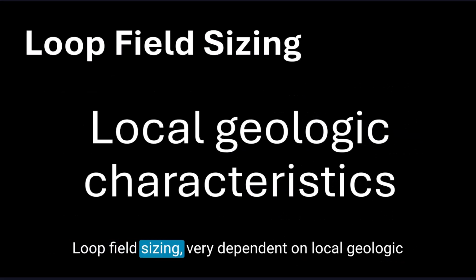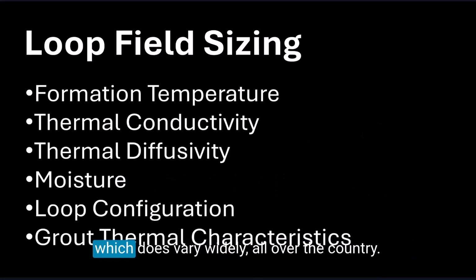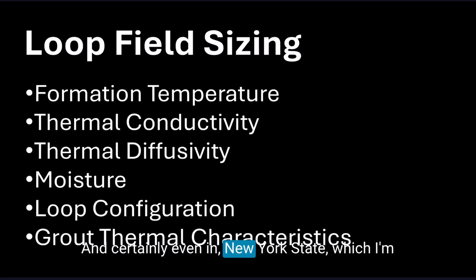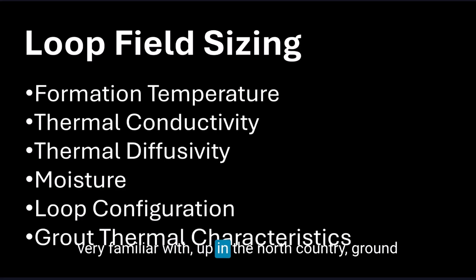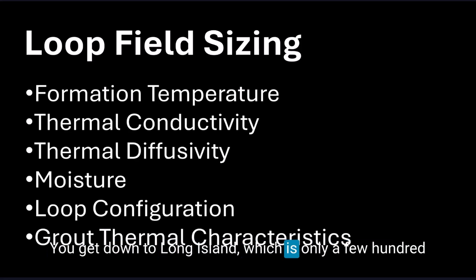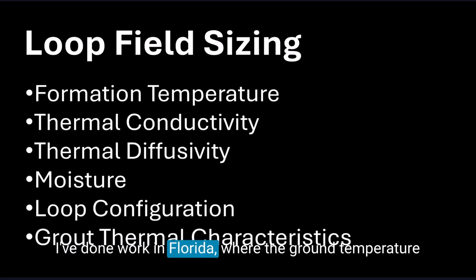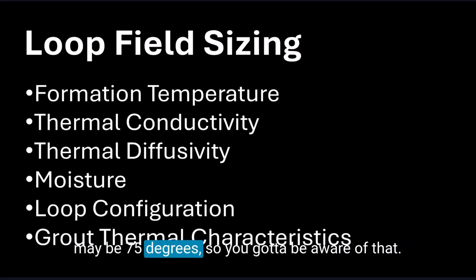Loop field sizing is very dependent on local geologic characteristics and formation temperature. It can vary widely all over the country, and certainly even in New York State, which I'm very familiar with. Up in the North Country, ground temperatures could be 46 degrees on average. Down on Long Island, which is only a few hundred miles away, it's probably closer to 55 or 56 degrees. I've done work in Florida where the ground temperature may be 75 degrees, so you've got to be